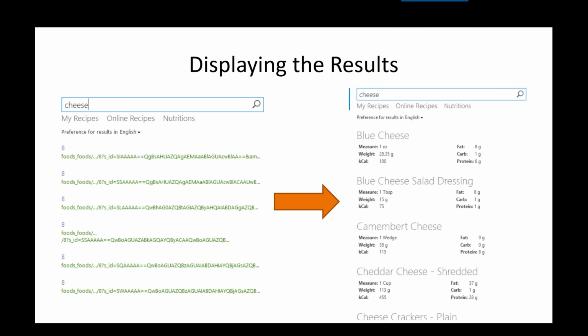Instead of this, doing some customizations, I prefer to have this experience on the right side, which is clear, which is very easy to overview as an end user, and which provides me all the information and all the insights I need